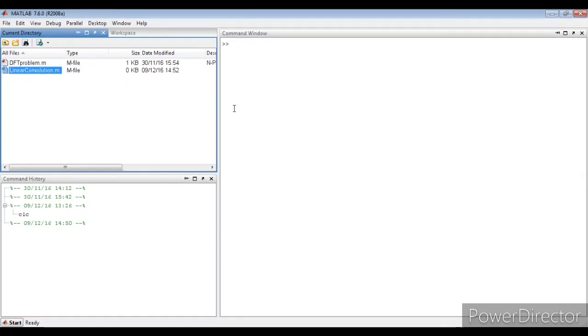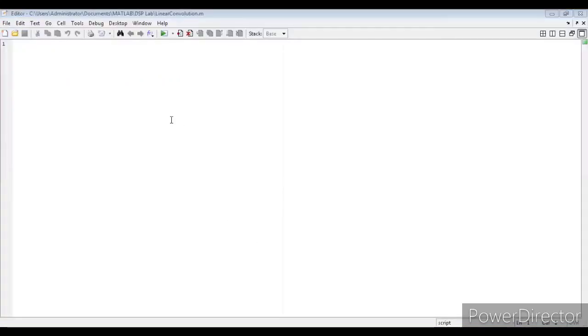So what happens here? Once you open the M file, we can easily observe the editor window. A new window gets opened. So this is the editor window of MATLAB. Now let us write the MATLAB program there. A good way of writing the program is starting with a comment. A comment starts with the help of a percentage symbol.